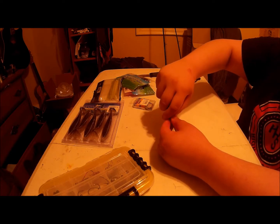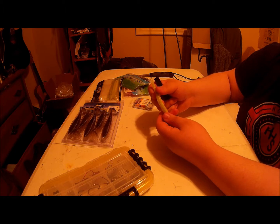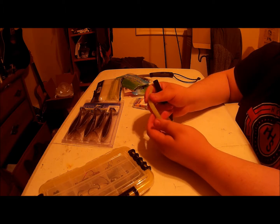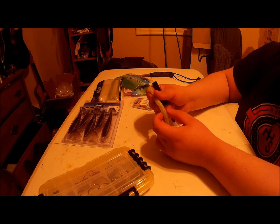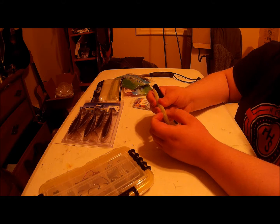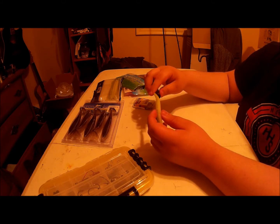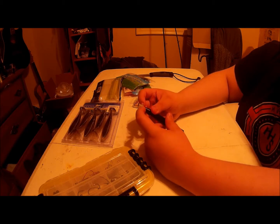And I'll show you my little trick for rigging wacky rigs. So I put the first O-ring on there. I don't know if you can see it. I use clear O-rings. I don't like the black on the light colored lures. I think they just pop out a little too much. But you put that O-ring back on there, and then I slide it back into the wacky tool, slide a